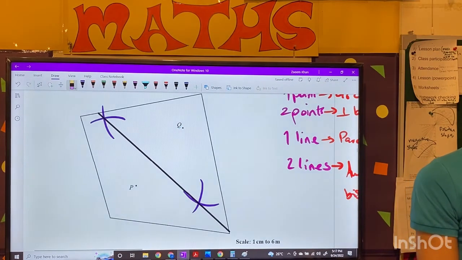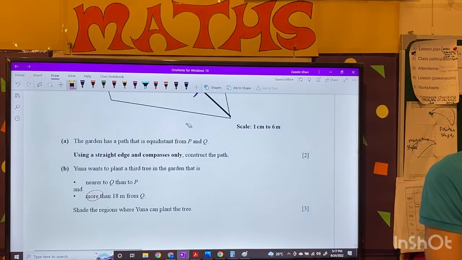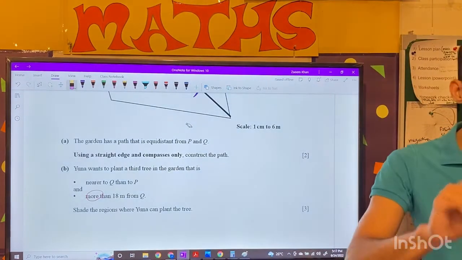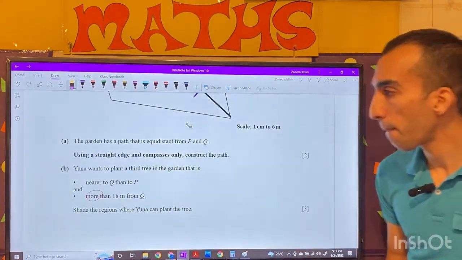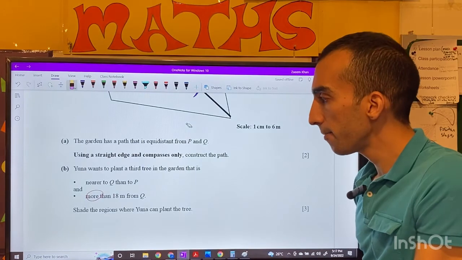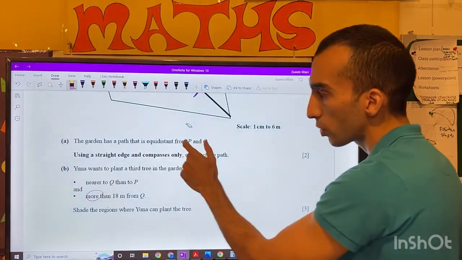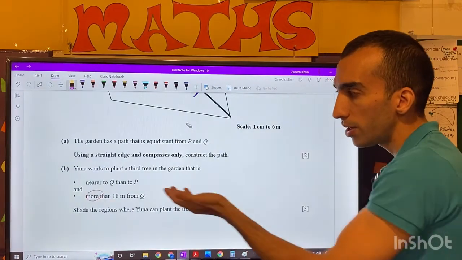Now the second part tells us, what do we have to do? We have been given 2 conditions. She wants to plant a third tree, P और Q है. Now she wants another tree, but उसकी दो conditions हैं, which are, it needs to be nearer to Q than to P, ठीक है, and it needs to be more than 18 meters from Q. अच्छा ये तो हम ऑलरेडी टैकल करके आ चुके हैं, पी एंड क्यू से इक्वी डिस्टेंट हमने लाइन बना ली,